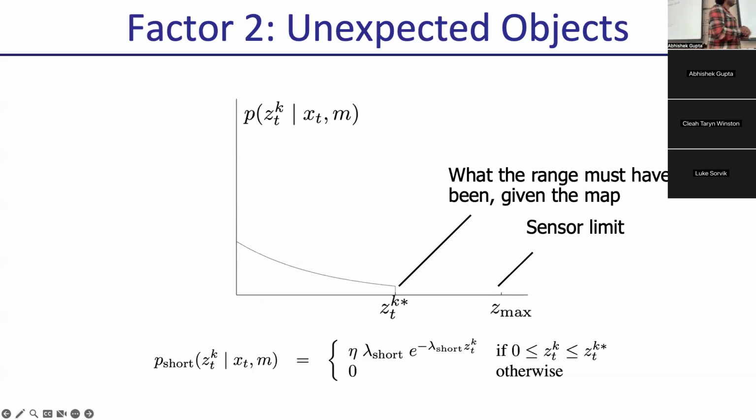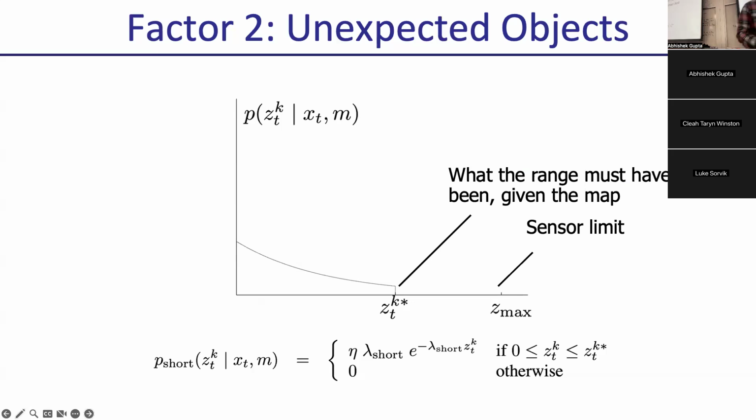The second thing you're going to do is say you might have an unexpected object. So someone might show up in front of your robot, and so you'll get a shorter measurement than you actually have in the map. And so the likelihood of that, we're going to model as an exponential distribution. So it's going to be a distribution that is more likely for shorter distances and less likely for longer distances. Right? And so the logic behind it is that you,